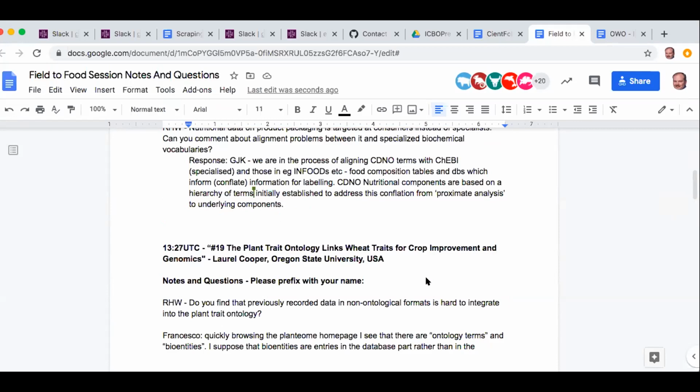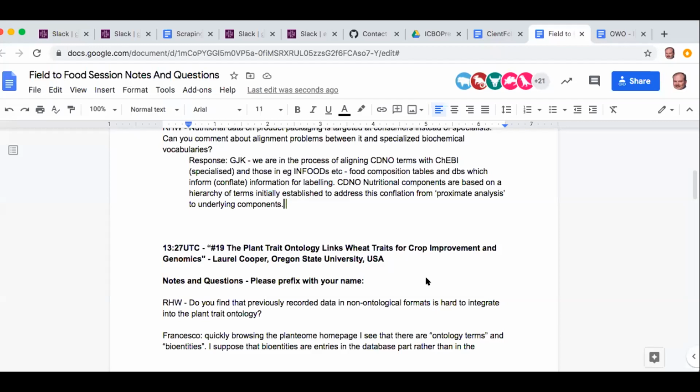Sometimes even as a biologist, we don't really understand the name of that specific component. So in CDNO, what we are trying to do is to use the semantic equivalent terms, but actually use synonyms that are simpler to use than the way they are actually named in KEBI. In the nutritional framework that we have, we are using the basic biomolecules, which are carbohydrates, proteins, lipids, vitamins. So with the simple terms, we can map, for example, total carbohydrates, total proteins, or total lipids, which is what is actually required